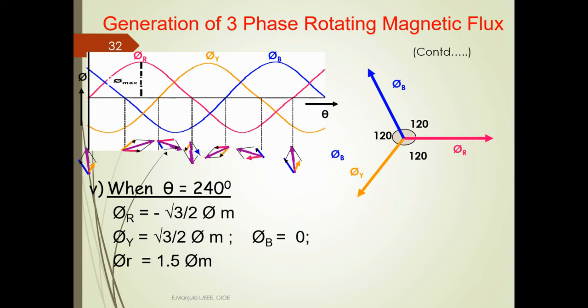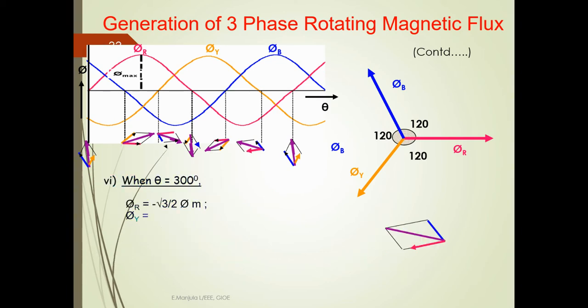pi b is 0, pi y is positive, and pi r is negative. So, the small pi r, that is the resultant flux, is 1.5 pi maximum. So this is the vector diagram, and at 300 degrees,